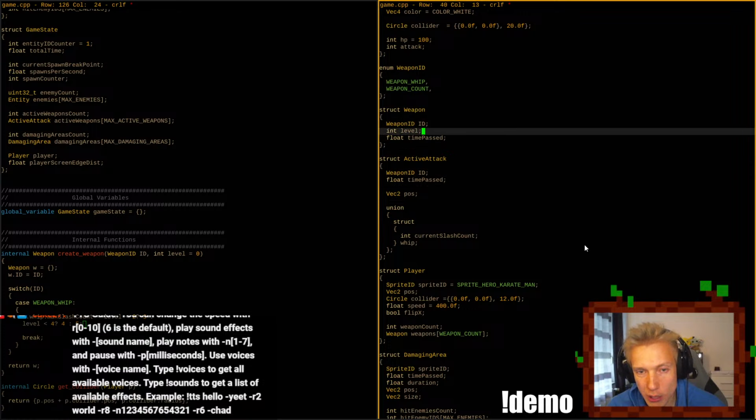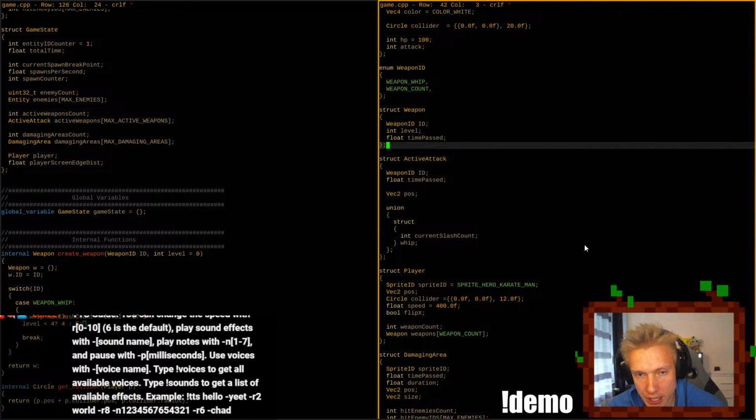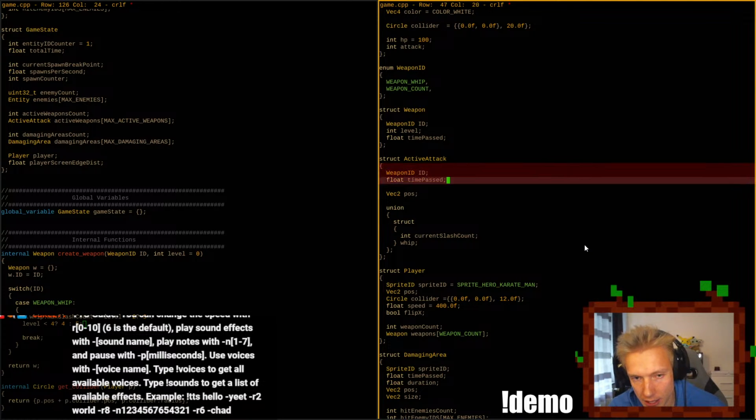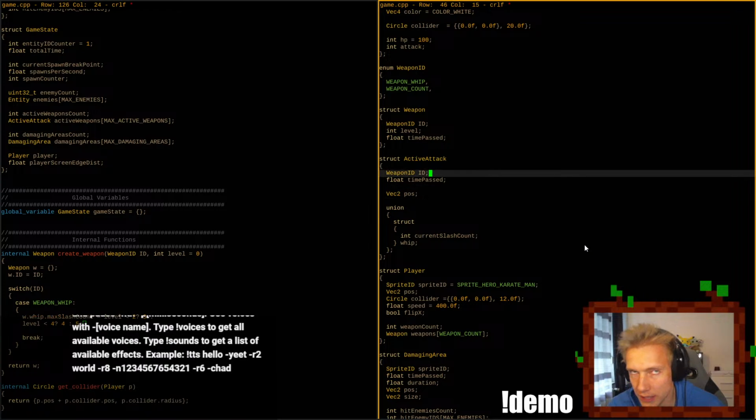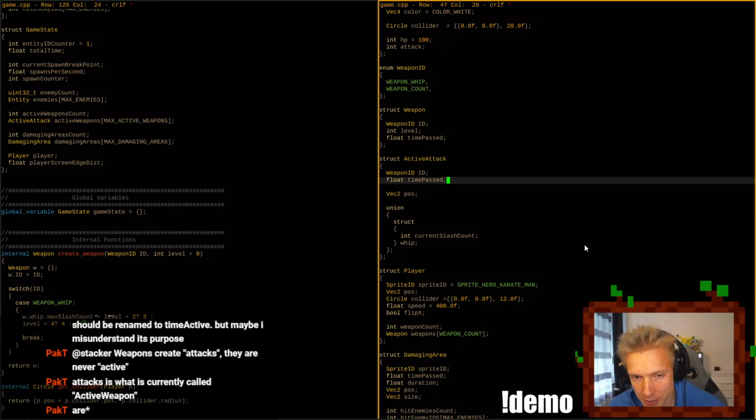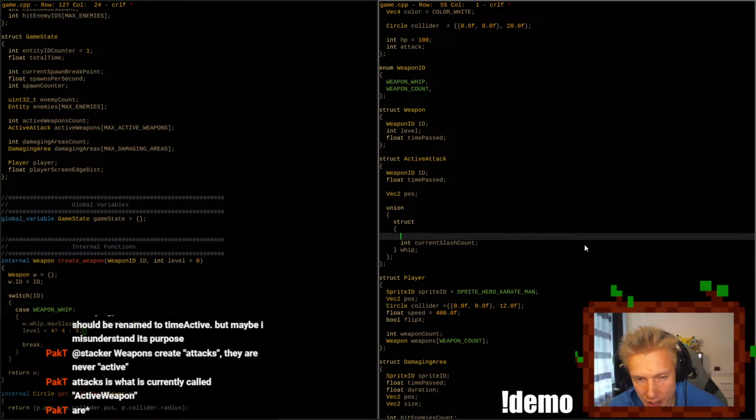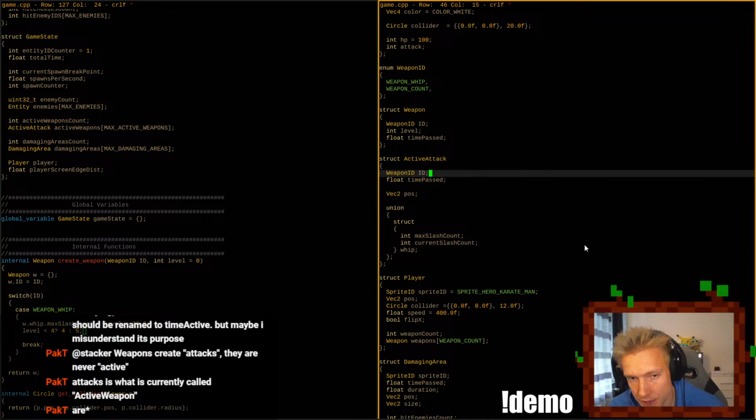And now, a weapon can have a level, and based on that level, it creates an active attack, and that active attack should also have a level then. Or some data. Like an active attack should have an int max/count. Or it's a constant based on the level of the attack.